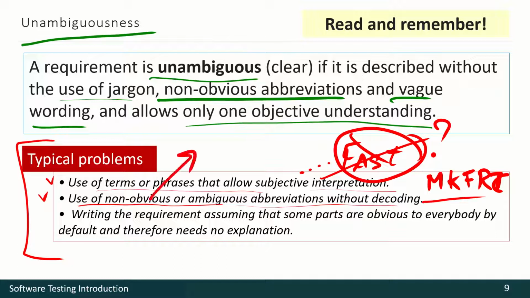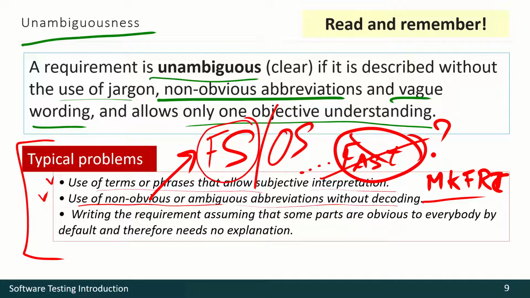And another situation. Imagine you see the abbreviation FS. Most will think, wow, that's a file system, and that's right. Or imagine OS. Oh, that's operating system, and that's right for many situations. But what if someone, for some reason, implies not a file system, but some application unknown to us, like some file searcher? Something like that. But most people will think about a file system while seeing FS.